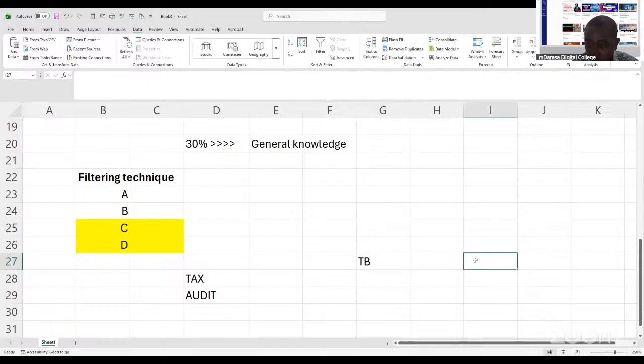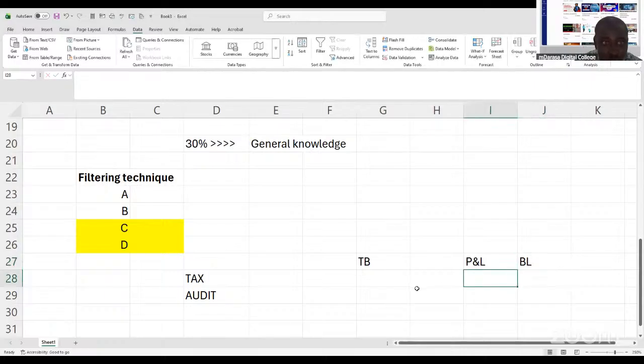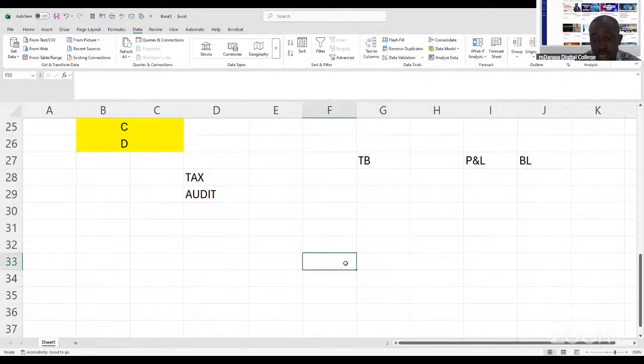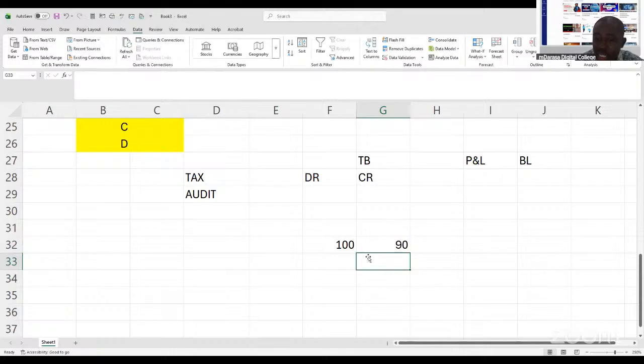In this case, all of them, maybe TB, P&L, for example, and maybe you're given a balance sheet. In this case, the examiner will always tend to start from the bottom: debit, credit. The moment they realize that your debit is 100 and your credit is 90, there's a very slim chance that you're going to score even 50% of this question. Why? Because already